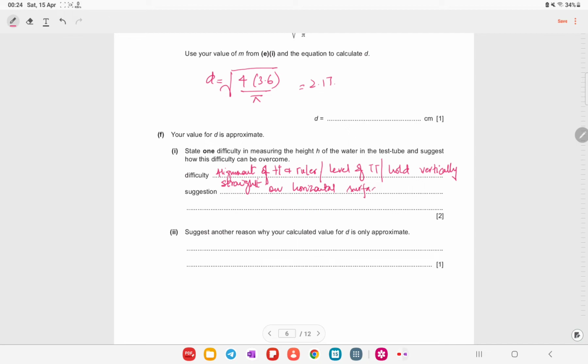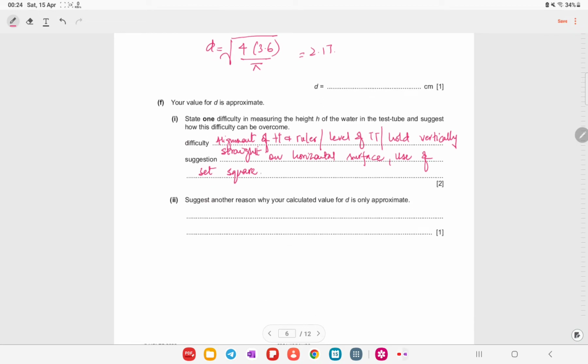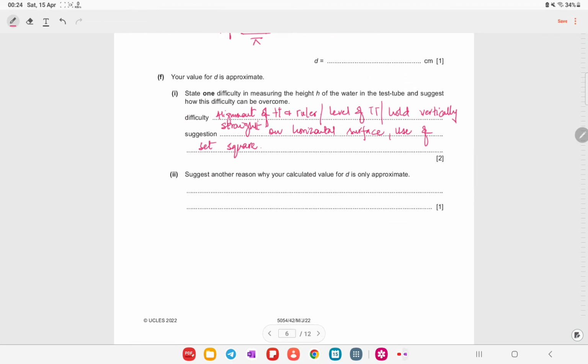You can do this. Use the set square, which I have already mentioned, to find out the value. The value will be more accurate when you use this procedure. So that is just another reason why your calculated value for D is approximate. Okay, it's approximate